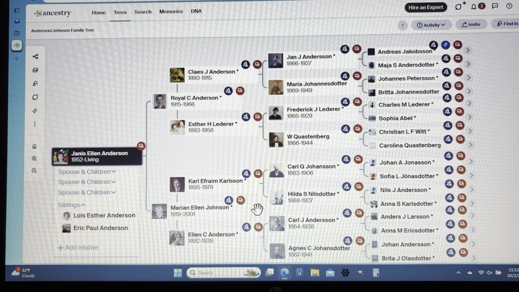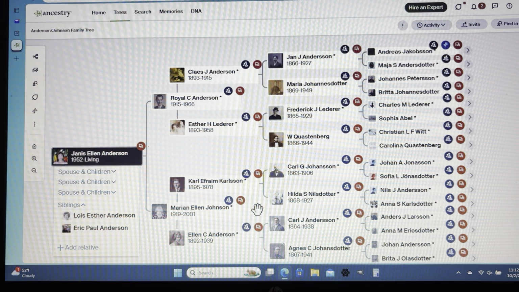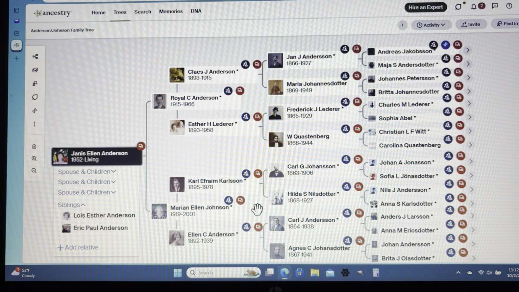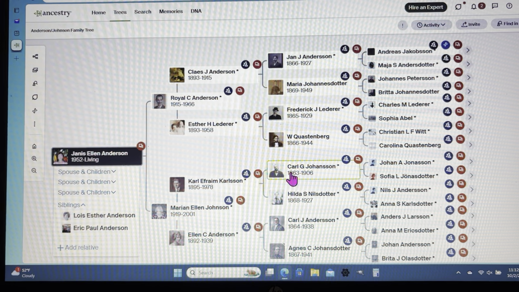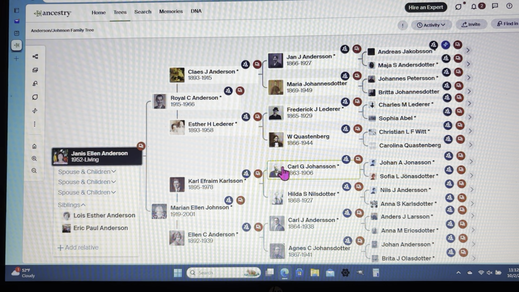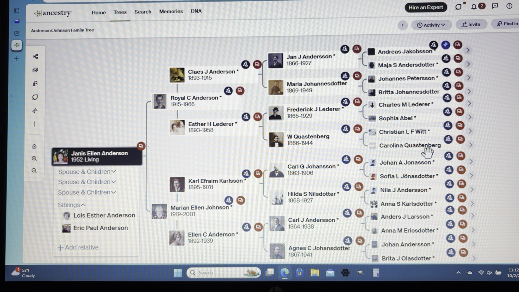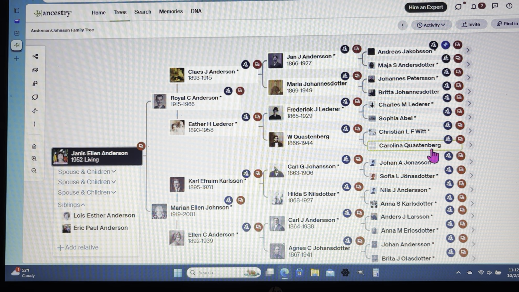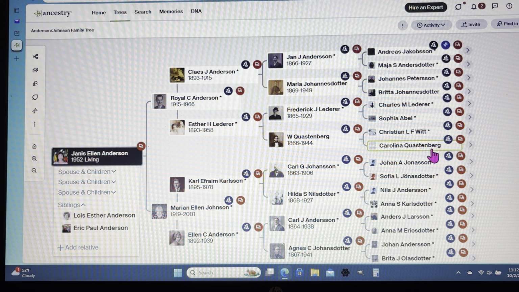However, my point is that if the folks on your other side of the family have been in the United States longer than this side, you're going to have access to records farther back on your other side of the tree that will maybe be very accessible, accurate, and informational.